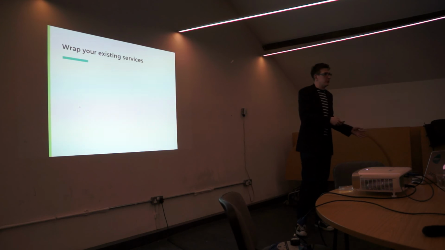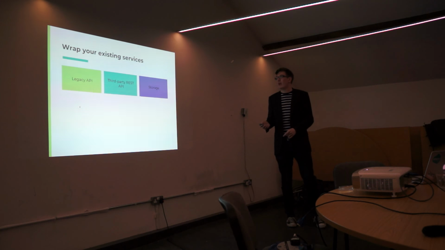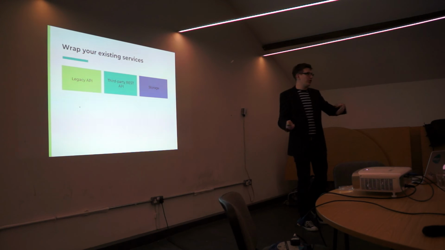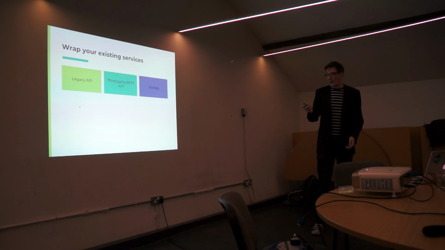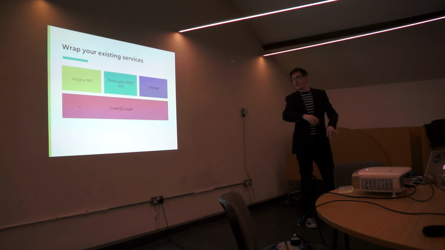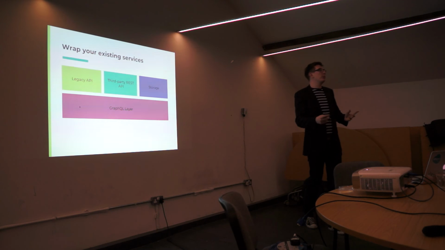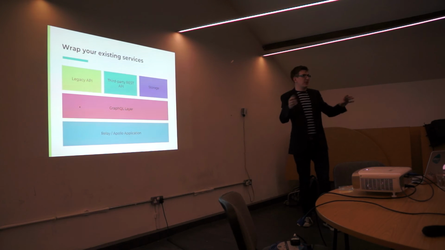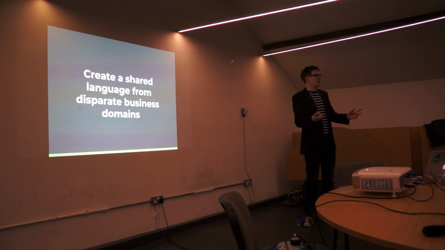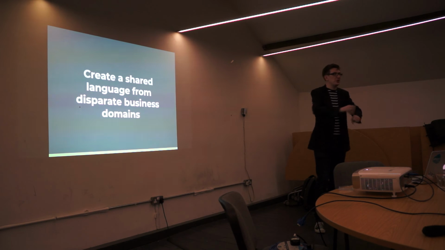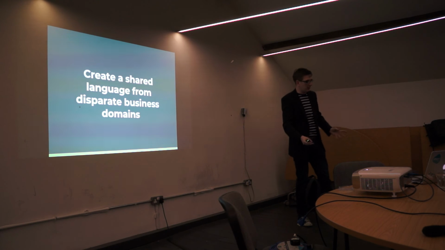And that's great if you're building new stuff, but if you're building on existing stuff, there's nothing stopping you from wrapping what you've got. So if you've got a legacy API, some third-party stuff, maybe something in MongoDB or SQL somewhere, you can quite happily stick a GraphQL implementation wrapper in front of it. Resolve some fields from one API, some fields from your storage. Because they're just functions, you can do whatever you want with it. Build an app in front of it, and from this disparate set of services you've got essentially a shared language. One API might talk about some part of your business domain in one way, another in another way. You can build this shared schema that lets your services and apps talk about everything in a similar way, resolve things in a similar way, and get data back.